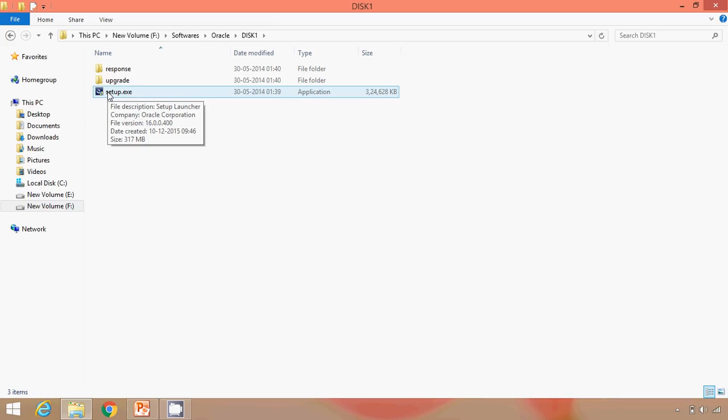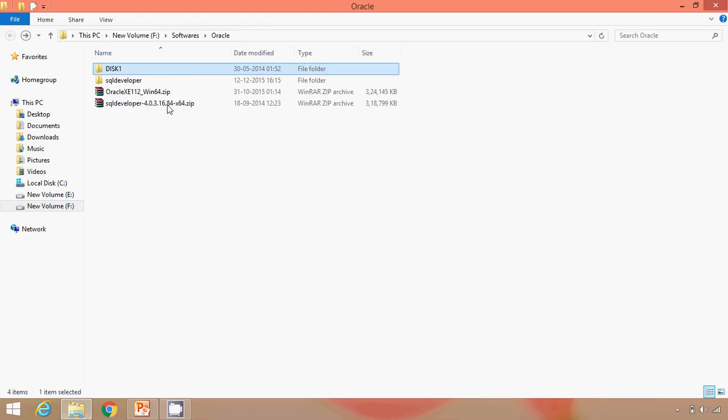I happen to have already installed this. Just one thing to note: at the time of installation, it will ask us to provide a password for system. Whichever password we provide at the time of installation, just remember it, because we are going to use it when we create the connection to connect to the database, and then we'll start creating tables and updating their information. So instead of going for the SQL command line console, we are going to use SQL Developer over here. So I'll just open it.